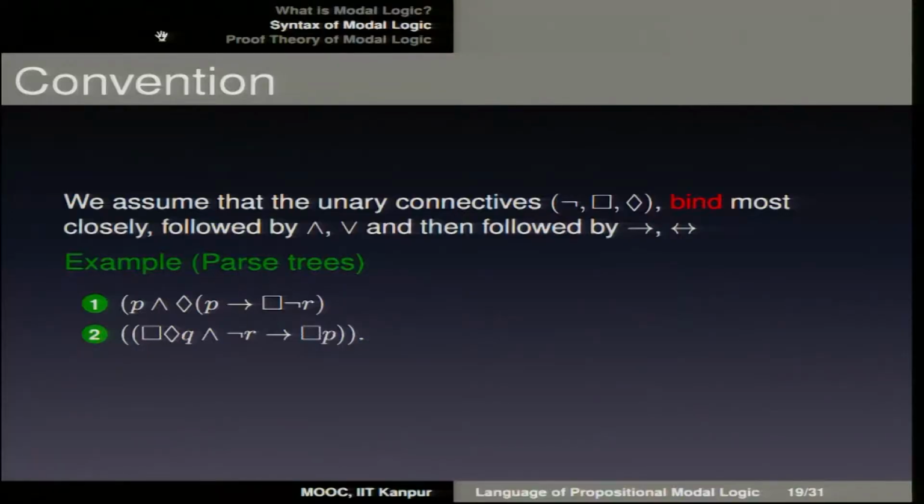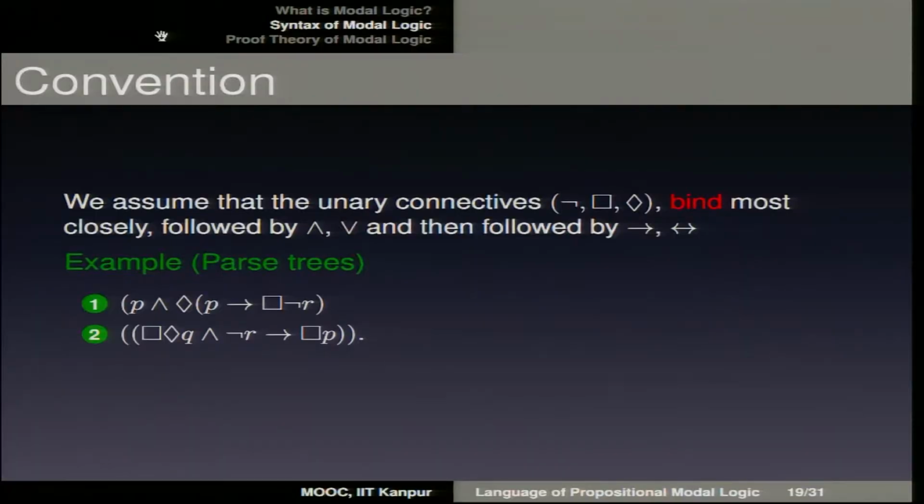And we have also seen that any two given modal logical formulas, well formed formulas, do not have the same syntactical structure. If you draw the tree diagram for a given formula, they always look different. If they are the same, they are considered to be identical to each other. So, in continuation to what we have seen in the last class, there is a convention, just like in the case of propositional logic, that we follow even in the case of modal logic as well.